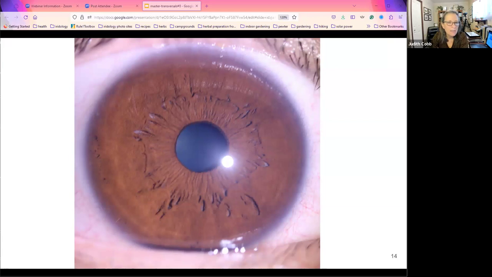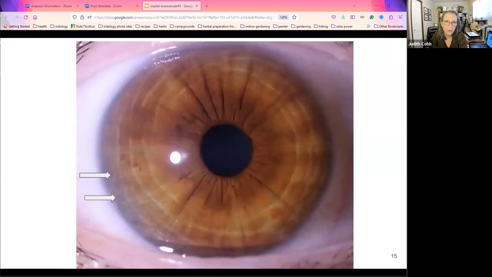So let's look at another eye. So this is not a true brown eye. This is what we call a biliary eye. And so really important that when we're looking at a biliary eye, we recognize that we do see some fiber in these eyes. There will always be a little bit of fiber visible in a biliary iris. And so we've got a lot of heavy pigment in here, but we have some fibers in here. So you might, with the biliary eye, be able to see some transversals.